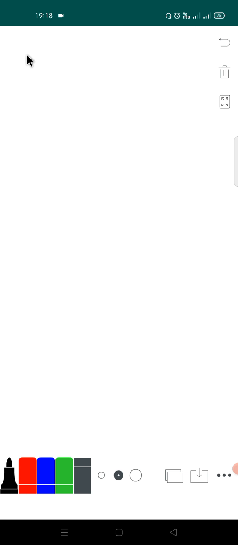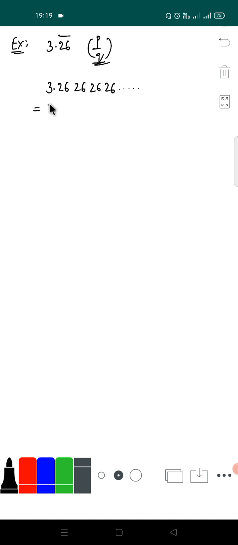Let's take one example to explain that. Suppose we want to convert 3.26 bar, in terms of p by q, in rational number form. How do we do this? See here, 3.26 bar means the number is like 3.26, 26, 26, 26 and so on. The 26 is repeated, so we see that this is 3 plus 0.26, 26, 26, 26,